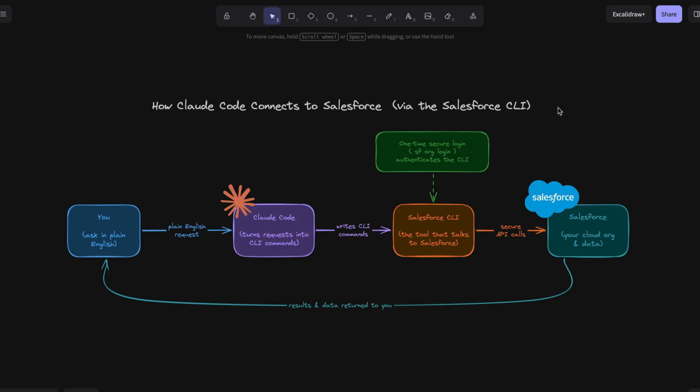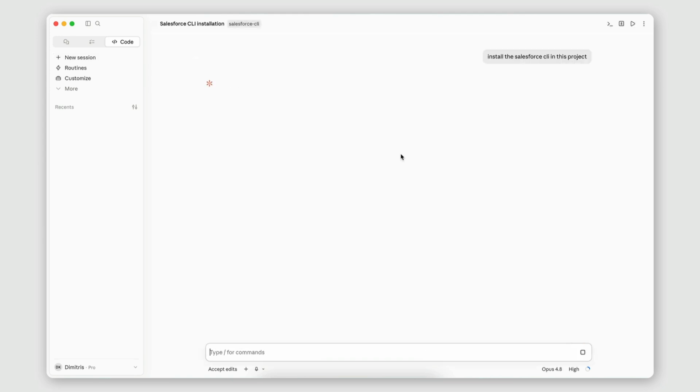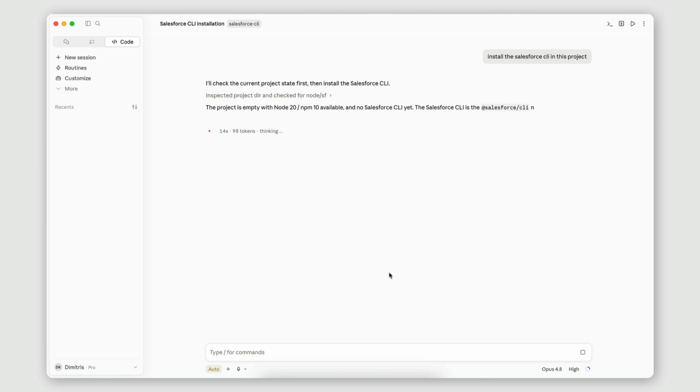into the actual setup. Now, the first thing that I did here is I asked Claude to install the Salesforce CLI in this project. I enabled a more intelligent model, Opus 4.8, just to give it a little bit more power to ensure that it does it correctly. And yeah, it just went ahead and did that. I enabled auto mode, so it doesn't need to ask me a bunch of questions that I'm always replying yes to anyway. So yeah, it went ahead and pulled the Salesforce CLI from the web, and it installed it in